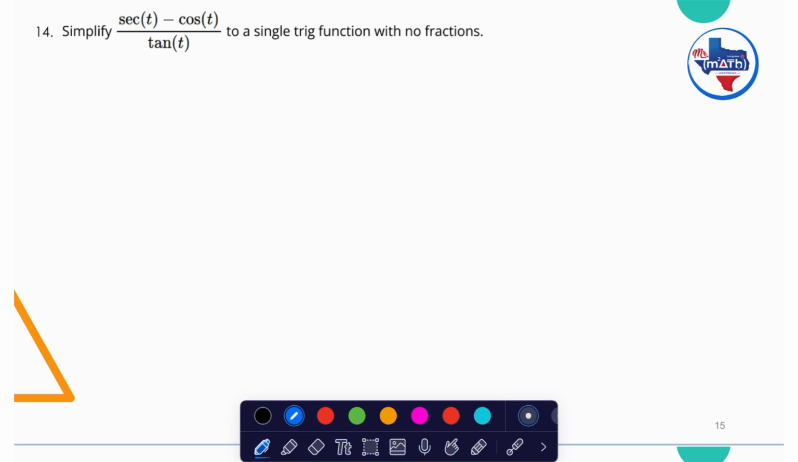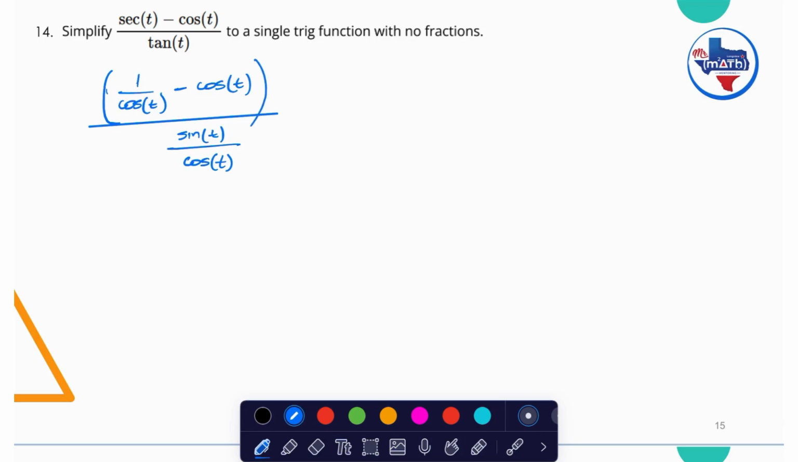functions. We know that the secant of t is equal to 1 over cosine of t minus cosine of t. And we know that tangent is sine of t over cosine of t. Okay, let's remember that this one in the middle will be our principal line of fraction. Okay, let's process 1 over cosine of t minus cosine of t as a